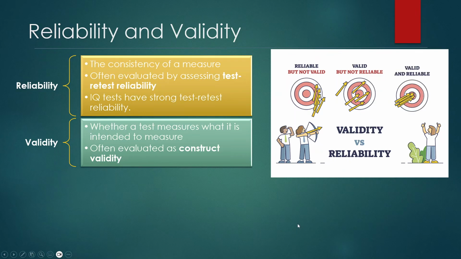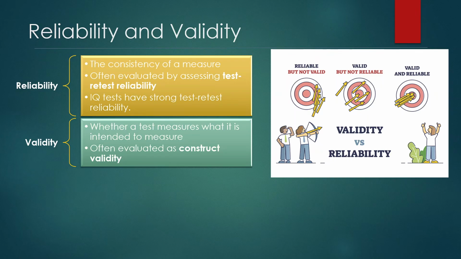What we're seeking is something that's valid and reliable. And we want to be hitting the target that is actually measuring intelligence, and we want to have the same score every time a person takes that test. So this is the challenge, right? And it's something that psychologists have been struggling with for the past 100 years, 125 years probably by now. That we have good, reliable tests. You would probably perform the same every time you took it, and yet it may or may not actually be